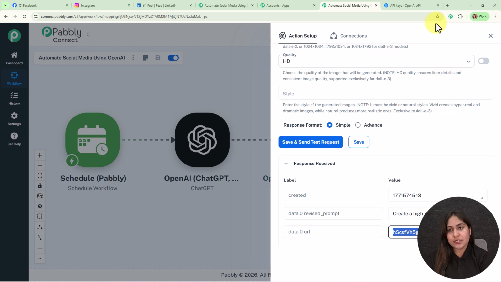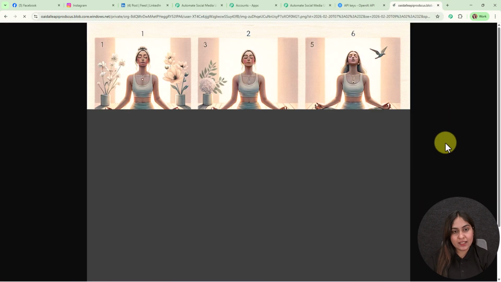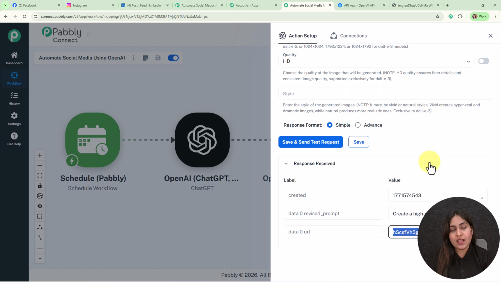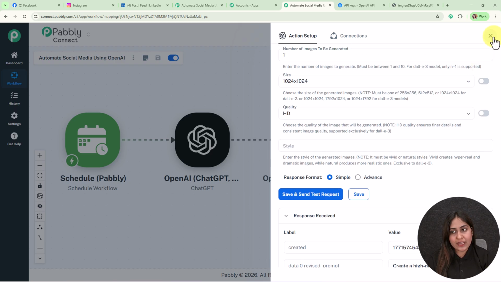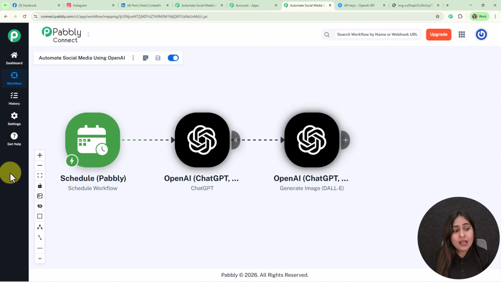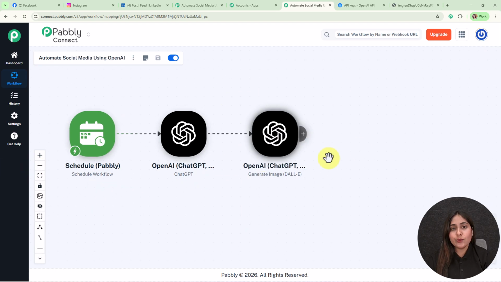Let's copy this URL and open it in a new tab to see the image generated by AI. So this is the image generated by AI. With this, we have successfully set up this action step as well. But now you can see that we have received a very long URL for the file. And sometimes some social media platforms do not accept these long URLs as their file URL. In that case, what we are going to do is we can shorten this URL received through AI by using